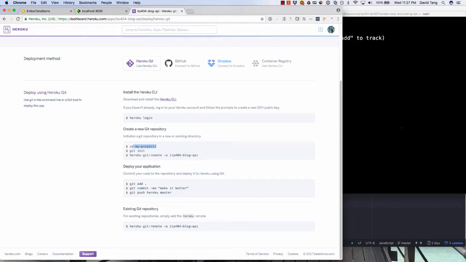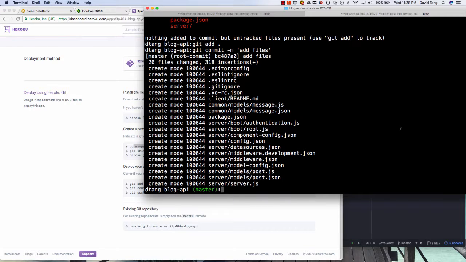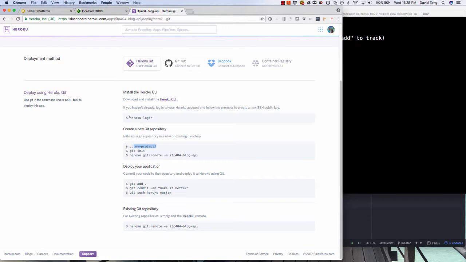And then I've already logged into Heroku. So if you have not, since this will probably be your first time, run this command, and it's just going to ask you for your username and password. And the next thing that we're going to do is run this Heroku git command. Basically, this is